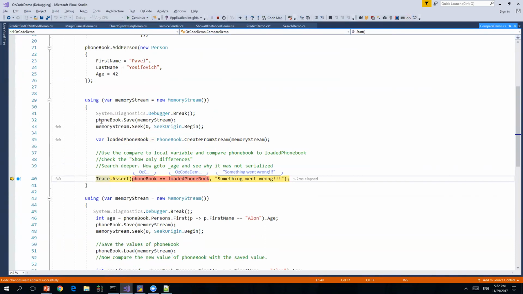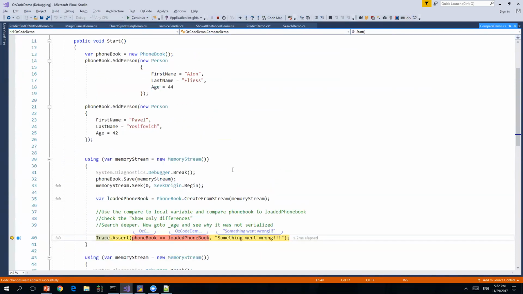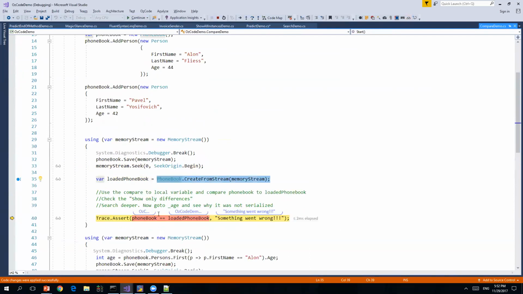So here, for example, I have a problem with serialization. I have a phone book object right here. I'm serializing it into a memory stream, and then I'm deserializing it back out. And when I take it out, I see that something's wrong because the original phone book and the one we just serialized and deserialized are not the same, and I want to know why. So what I'll do